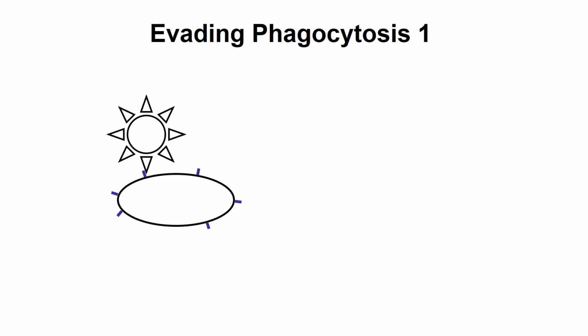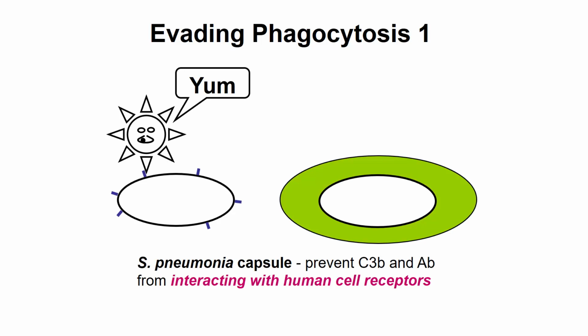And so how does this work? There are so many examples of successful microbes that cause active infections that evade phagocytosis. So for example, Streptococcus pneumoniae, which is an important cause of pneumonia, has figured out a way where it will coat its entire surface with this